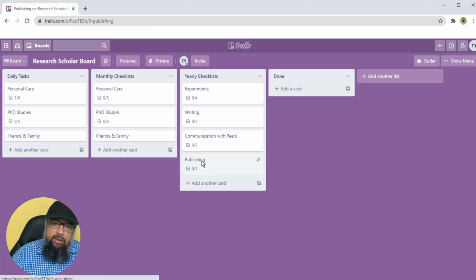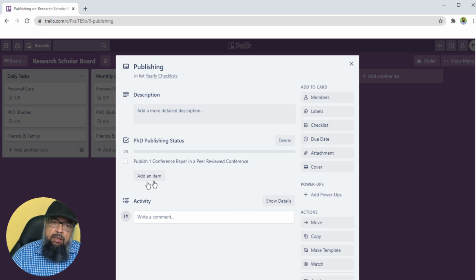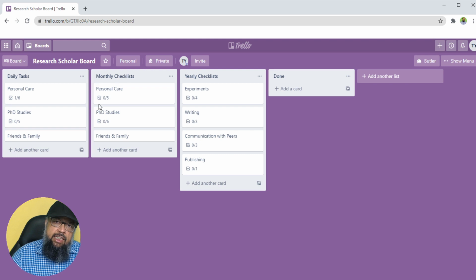Now let's click on this publishing, and I simply mentioned that at least you should publish 1 conference paper at the end of every year and 1 journal paper at the end of your final year at least. And you can put your targets here for publishing research papers. Now this example is something which can help you make your Trello board so that you could complete your PhD in time.